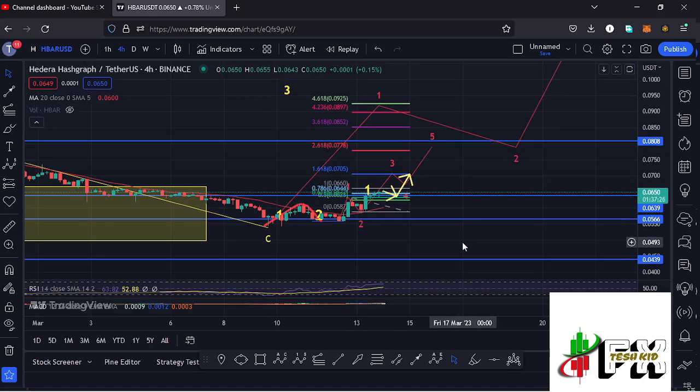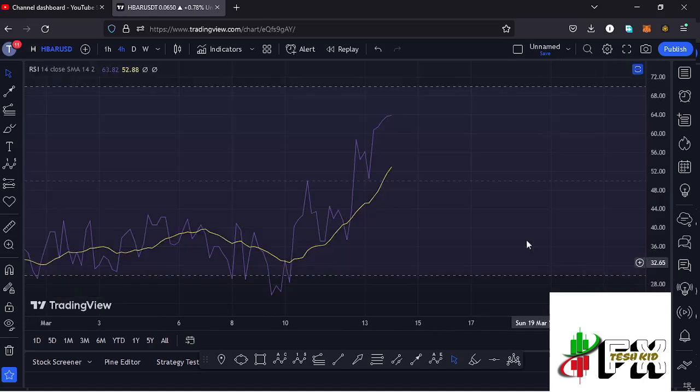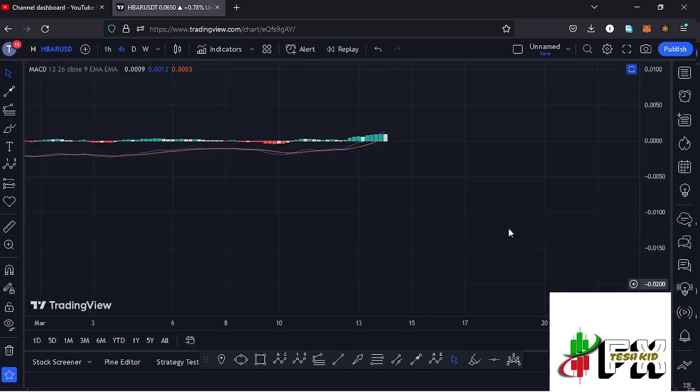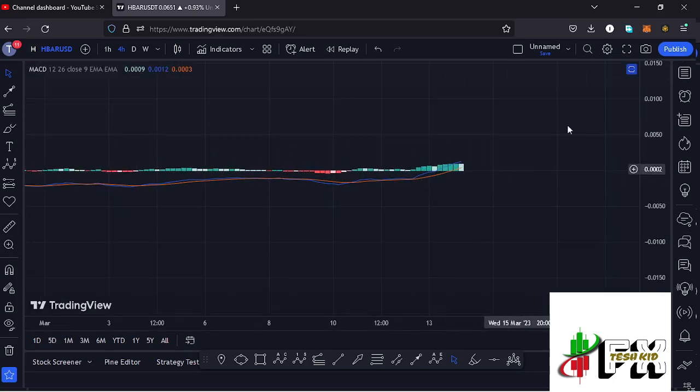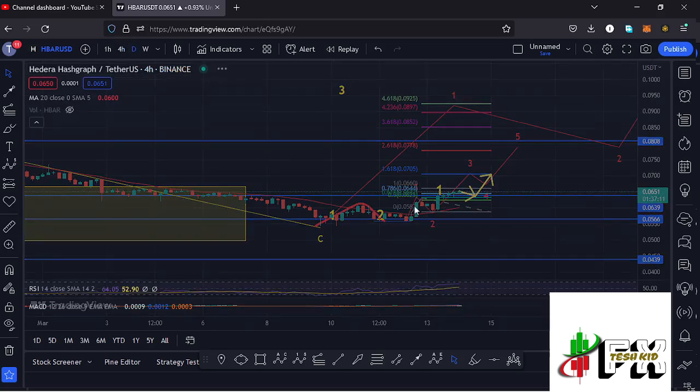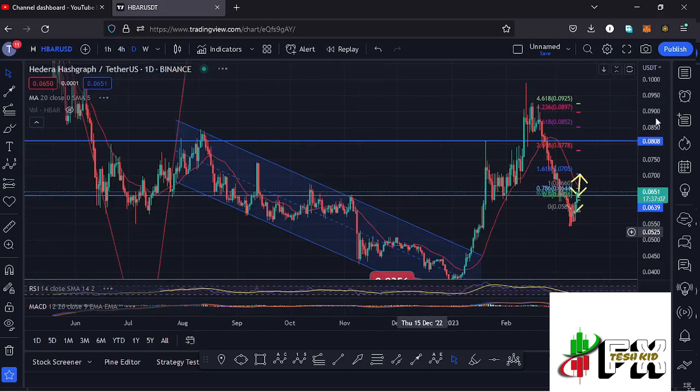And before I give you the long-term scenarios, we can first take a look at the indicators, where on the RSI you can see we are trading at around the 63 mark, meaning we have massive room for us to fully support higher prices. Also taking a look at the MACD, we have been able to print a bullish cross, fully supporting higher prices. And jumping to the daily chart for further analysis and also give you the long-term scenarios